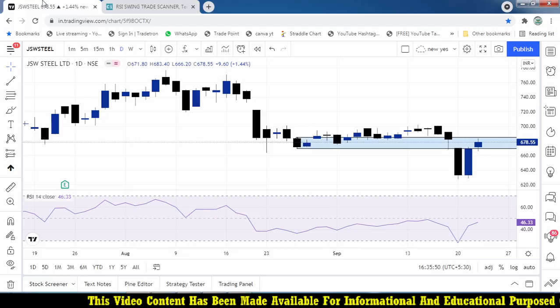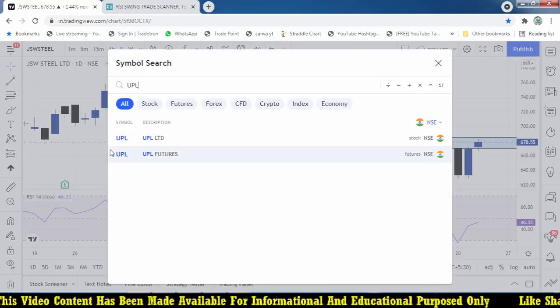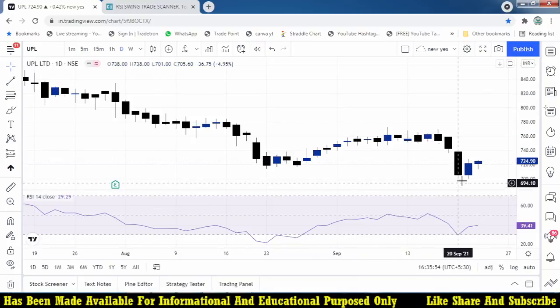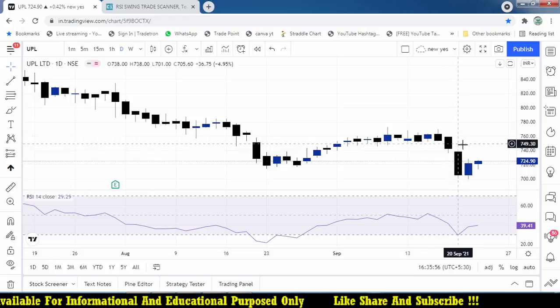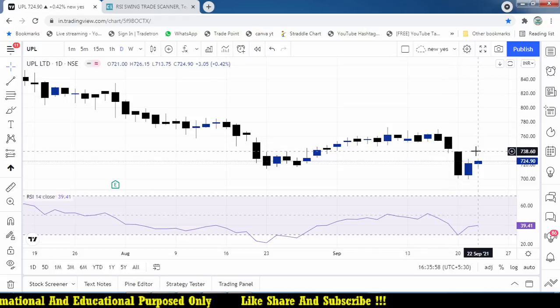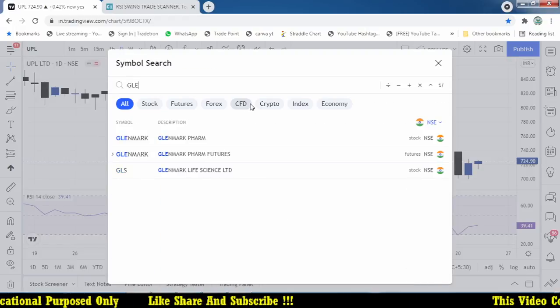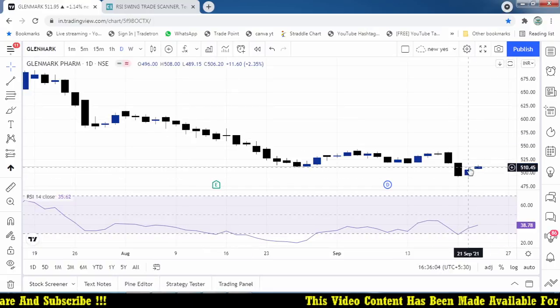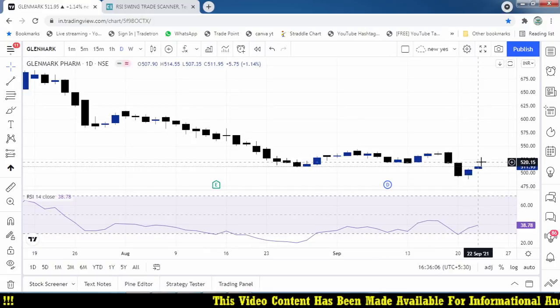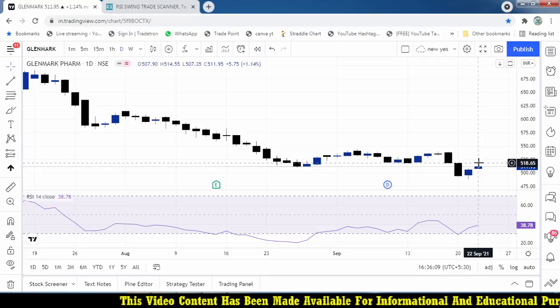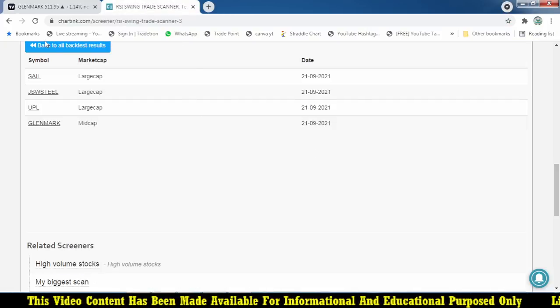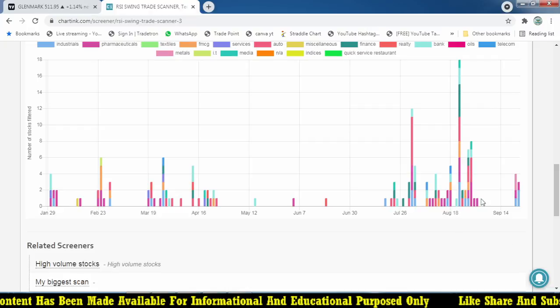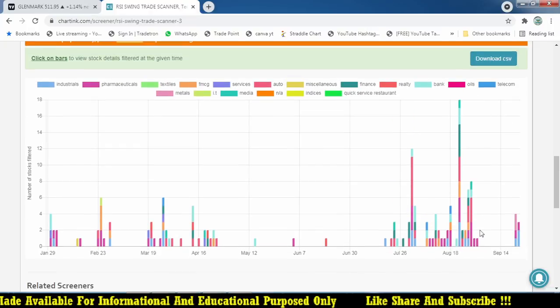And UPL, Glenmark. UPL looks good yesterday, and when positionally we can focus above this level. Glenmark in down, so yesterday it works well. Today when it goes above that level we can try to buy up. But this is yesterday's, but we can go for a previous thing, so because it will generate you such a